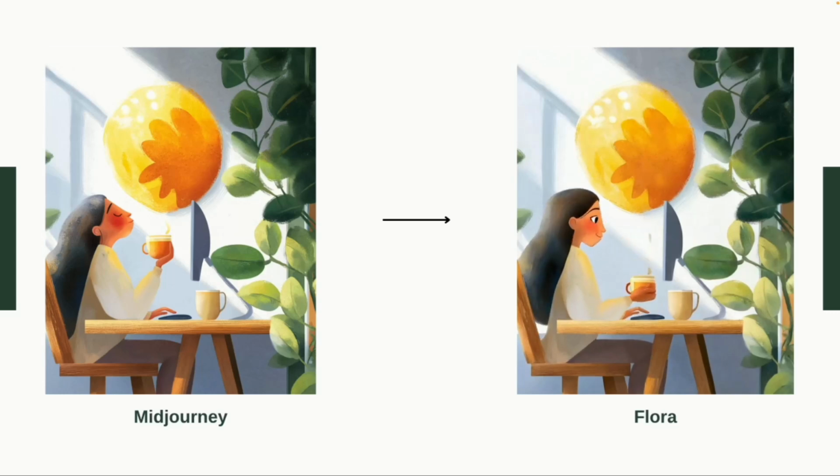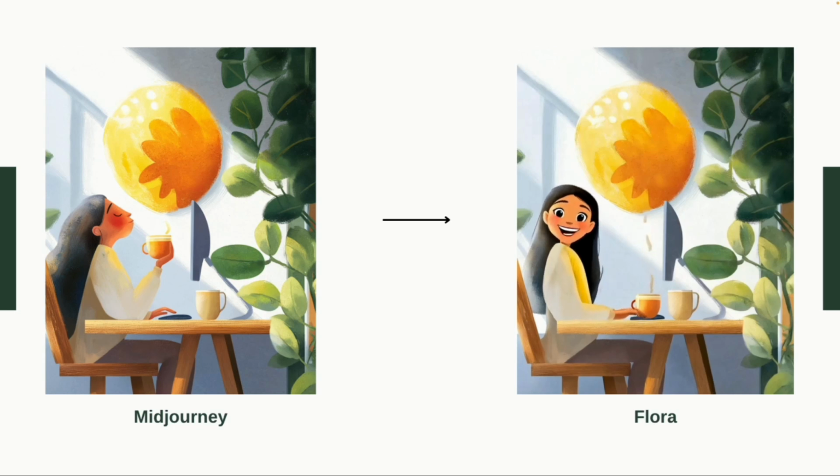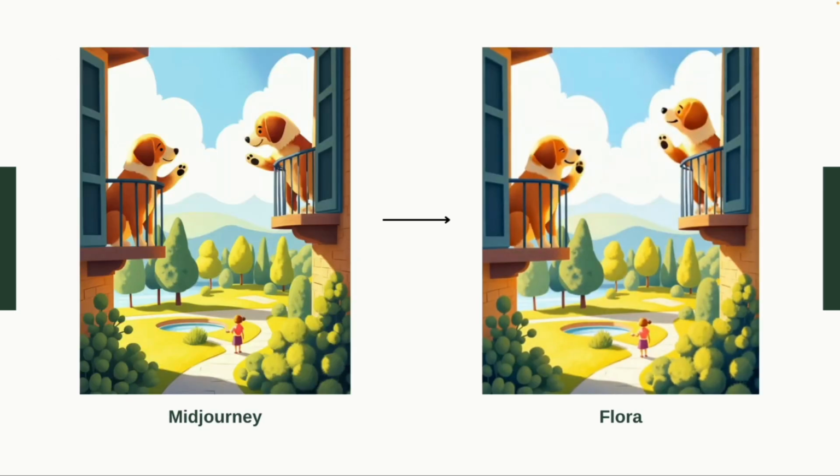Visuals started as just a line of text: a woman enjoying coffee while working, two dogs waving at each other